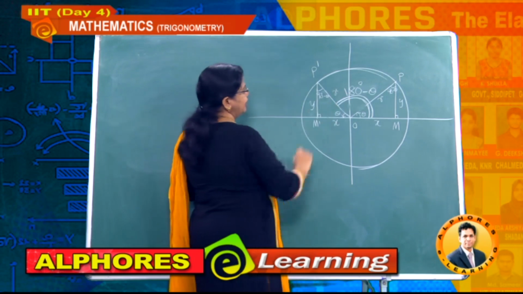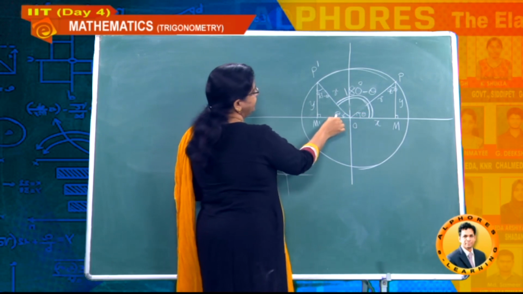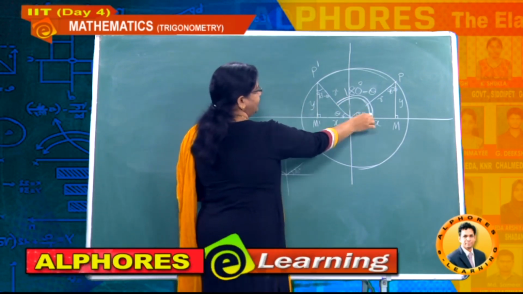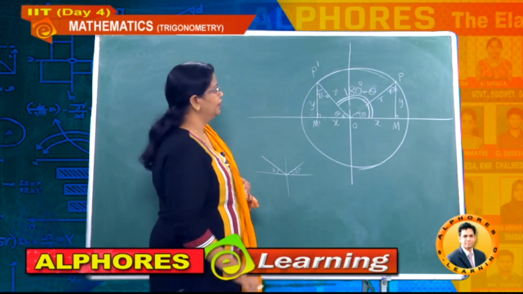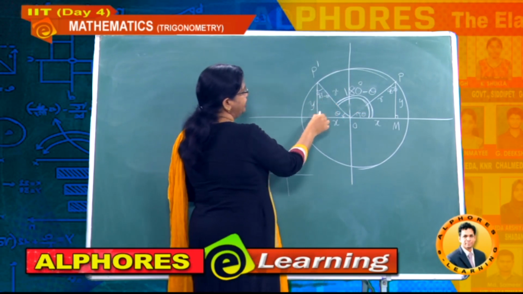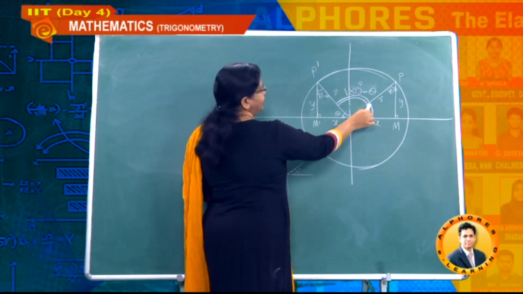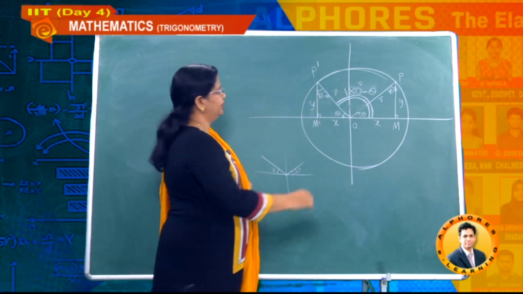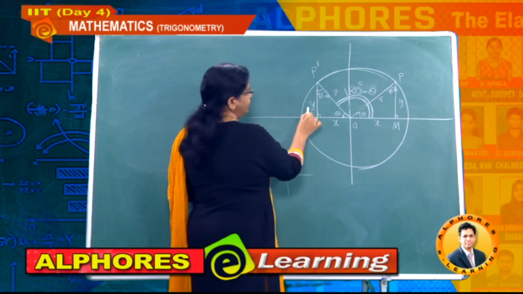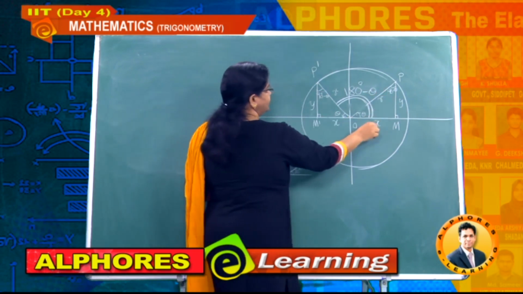Now the total angle here is 180 minus theta. If it is 180 minus theta, the leftover angle we already said is theta. So the sum of these is the angle of a straight line, 180 degrees. Now this is theta, as usual this is 90 minus theta, and this is 90 degrees. Then if you observe these two triangles, again they are congruent. Therefore, opposite to theta, as usual we maintained y here, here also y, and opposite to 90 minus theta, x here and here also x.